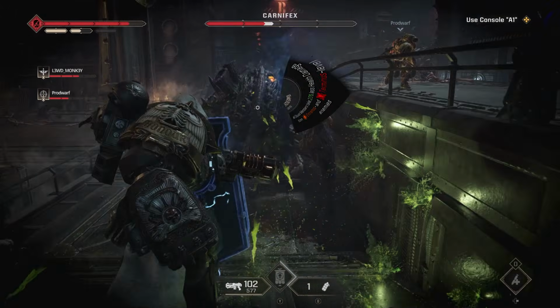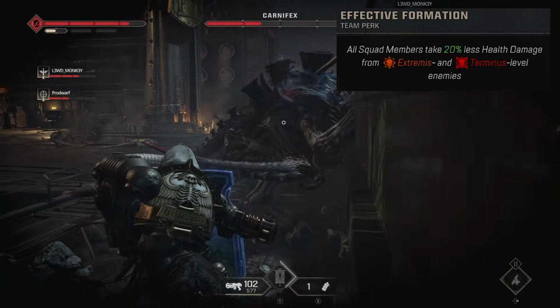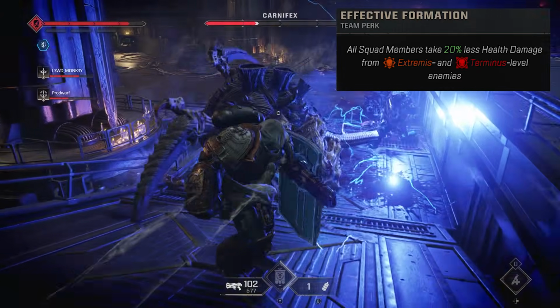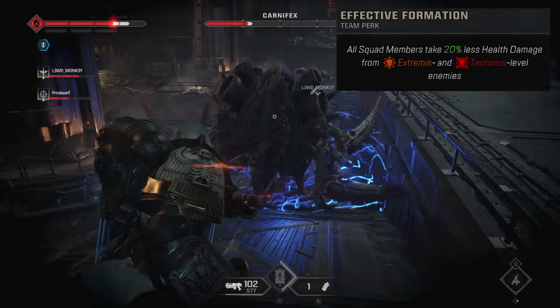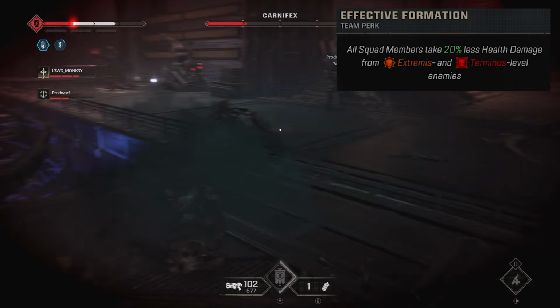And the last option is Effective Formation. This makes it so that all squad members take 20% less health damage from extremist and terminus level threats. This can be pretty good, although it's not quite as effective as the other ones, at least in my personal opinion. While on the higher difficulties, it can be useful because you will get a lot of extremist level enemies,